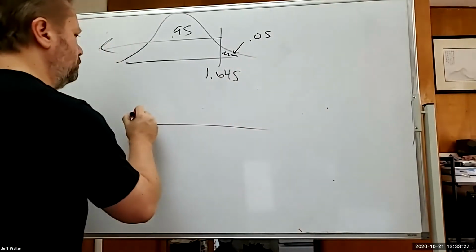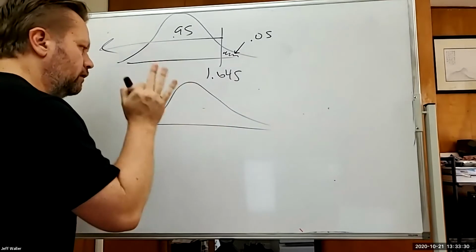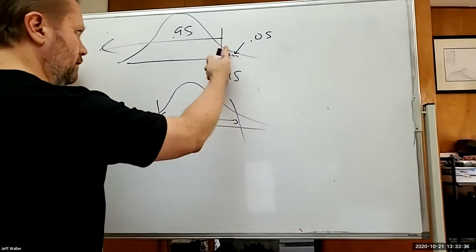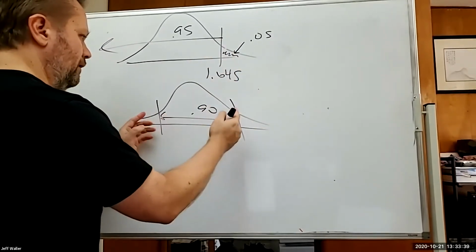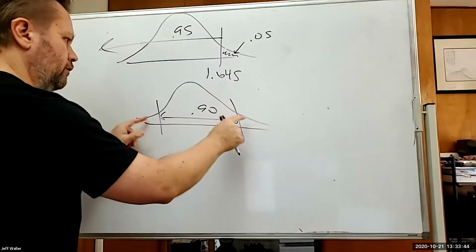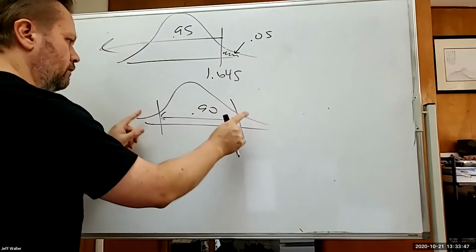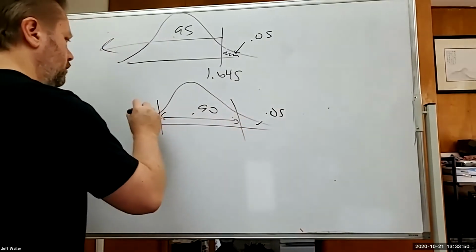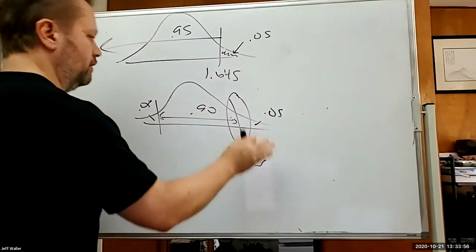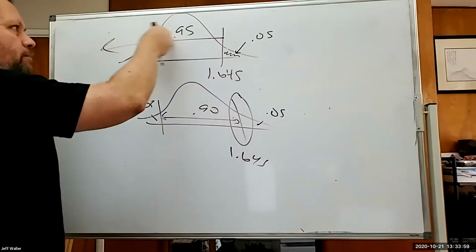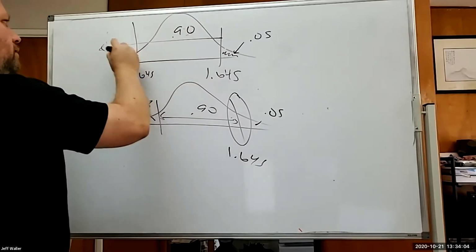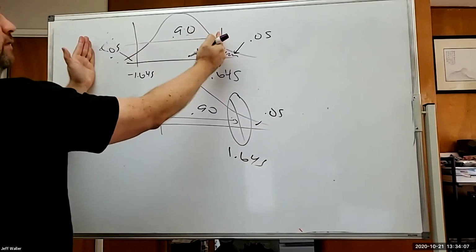A 90% confidence interval is this area, not this area. It's this area. Okay. And I really want you to see this. What area is out here then, on either side? 0.05. So won't this be the same z-score? Yeah. So the z-score that has 95% below it also happens to be the z-score that contains the middle 90%, because that's still 95% there.